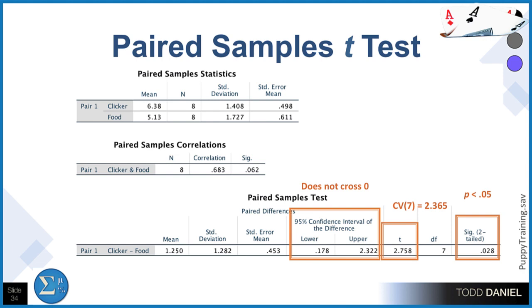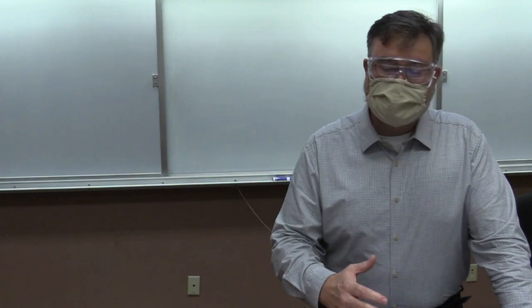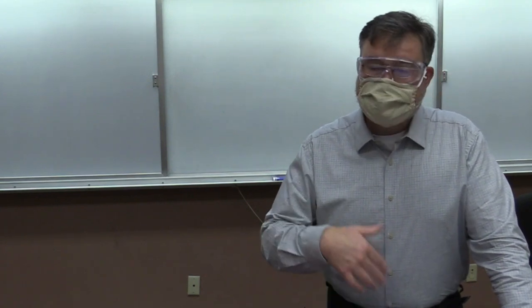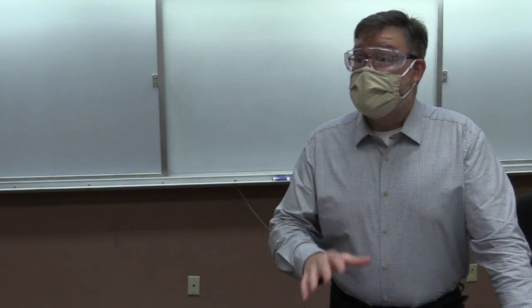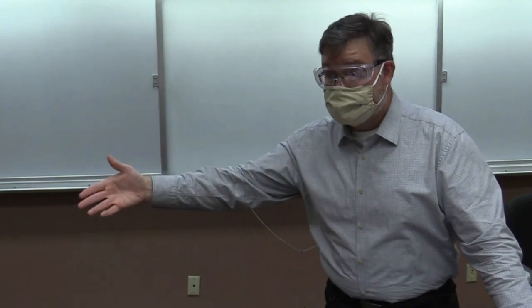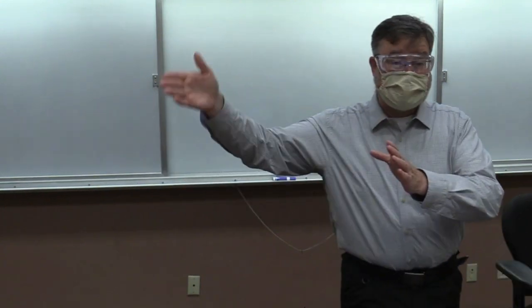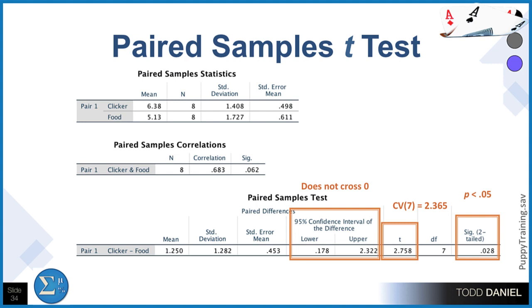The second thing I could look for is the t-value. In this case, the t-value is 2.758. And if I used either my t-table or that effect size calculator, and I entered 7 degrees of freedom, I would get a critical value of 2.365. So roughly 2.3 is my cutoff. My t-value is 2.7. So my t-value is over the fence. It's outside the fence. It is greater than that cutoff, making this test statistically significant.